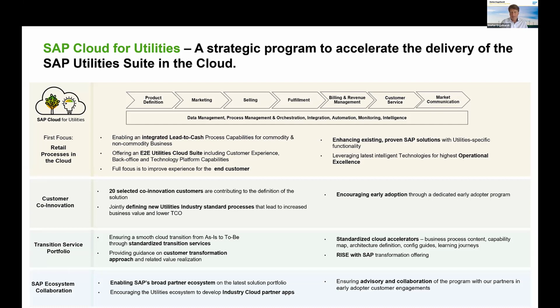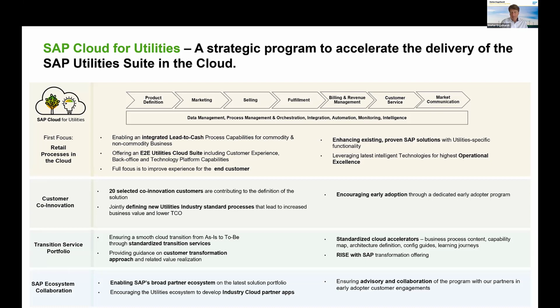That is a journey that will last for 2 to 3 years until we are where we want to be. But we already achieved a lot in the last 1.5 to 2 years, because the program started already in 2019. The first focus was on retail processes, because there we saw the biggest demand at our customers, with the wish to transform many of their business processes into a cloud offering. There is so much speed, so many differentiating factors, and so much competitive pressure that require fast innovation. So we put an initial focus on that, but Cloud for Utilities focuses as well on the other market roles. So it's not only the retailer that you have in view.